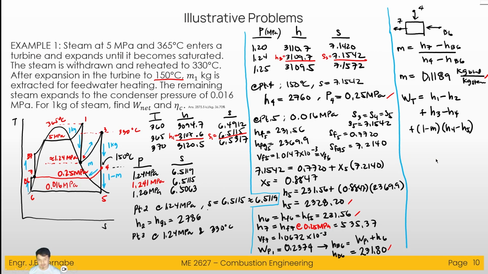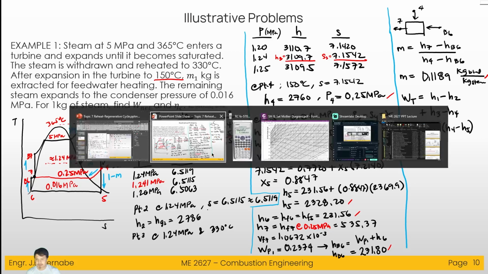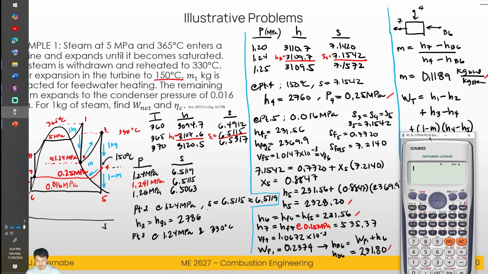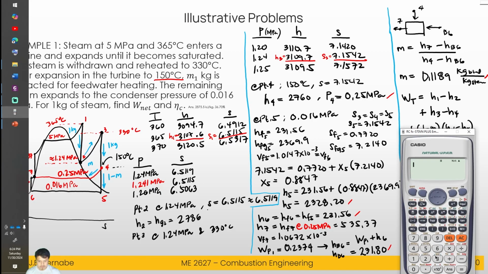So we want to find the turbine work now. We can just use the calculator. H1 minus H2. H1 here is 3107.6 minus H2, 2786, plus H3. H3 is 3109.7 minus H4, 2760,